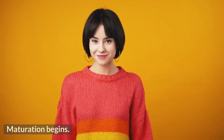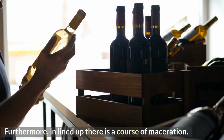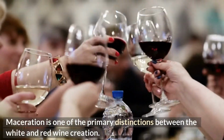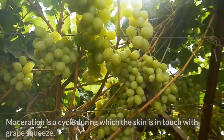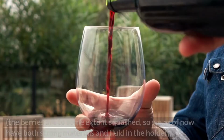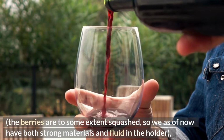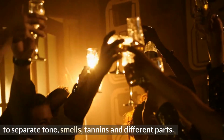Fermentation begins. And in parallel there is a process of maceration. Maceration is one of the main differences between white and red wine production. Maceration is a process during which the skin is in contact with grape juice, the berries are partially crushed, so we already have both solid materials and liquid in the container, to extract color, aromas, tannins